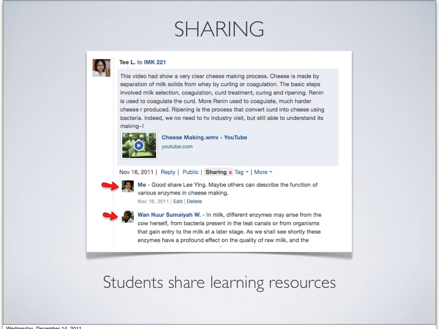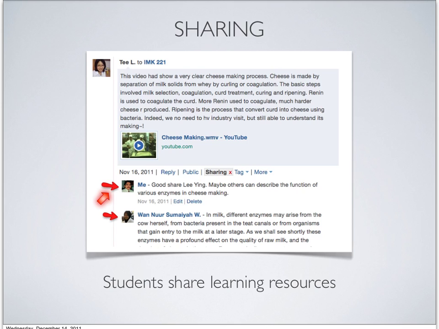Apart from collaboration, Edmodo is also a good medium to promote sharing. So I always promote the spirit of sharing among my students in the course. So I encourage them to share any resources when they come across any good resources, so they can provide the link, then provide a brief description of what the material or the resource is all about. Then I also encourage the students to watch and also to give comment on the material that the students shared.